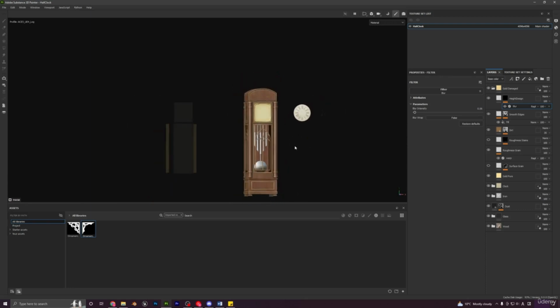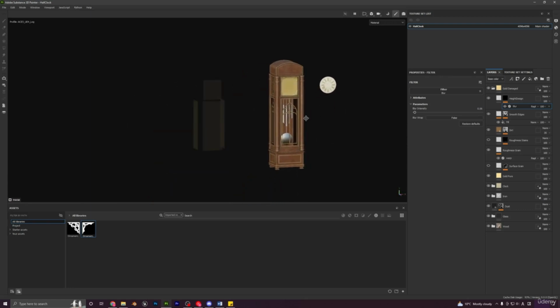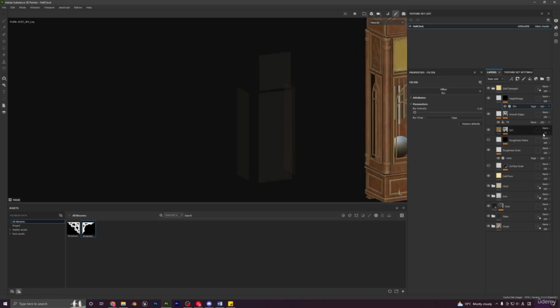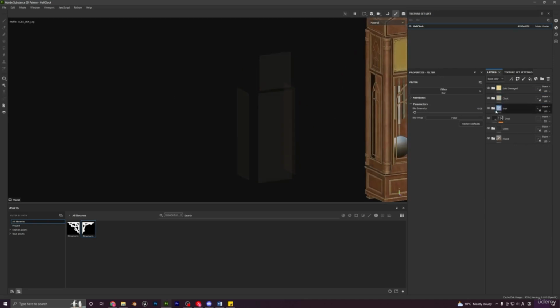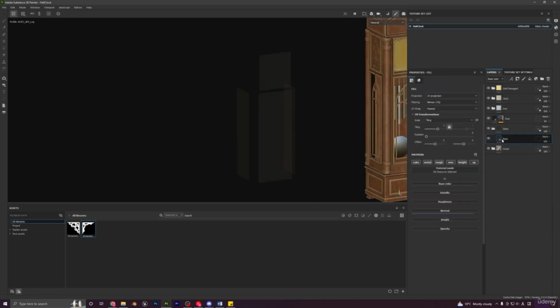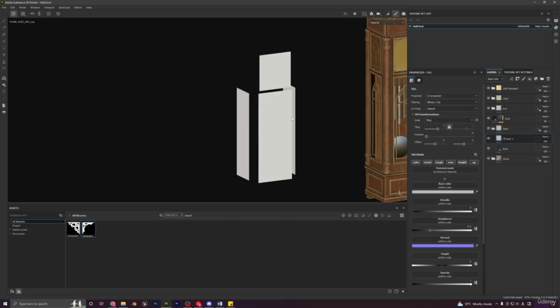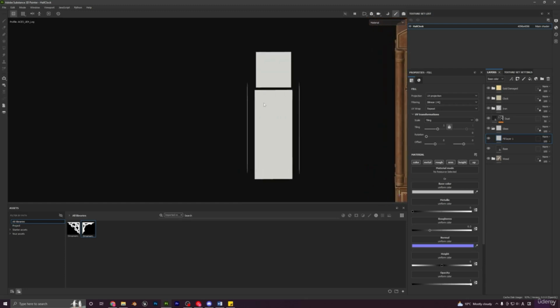Yeah, I think that looks pretty good. All right, now let's move on to the glass. Close this up and open up the glass folder, and let's add a new fill layer. And basically first what I want to do is mask out the edges. So I will do that manually. So just rename this to edges and